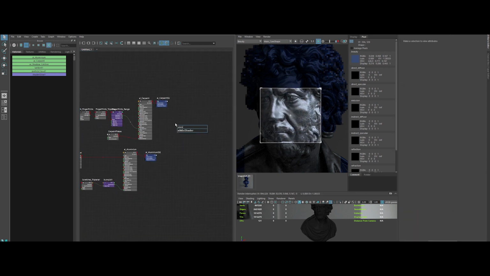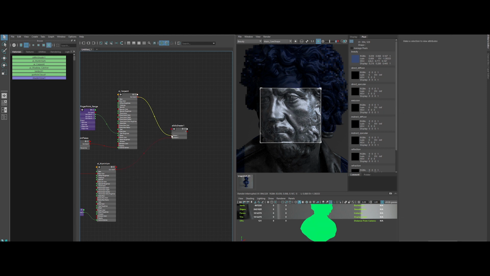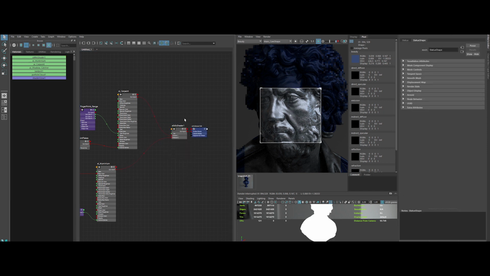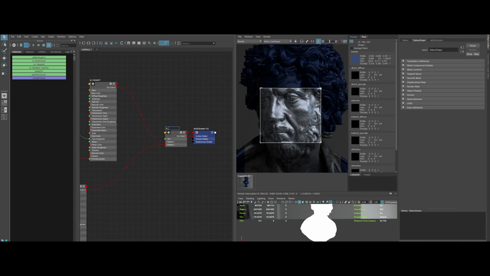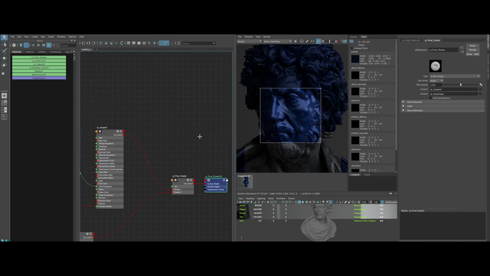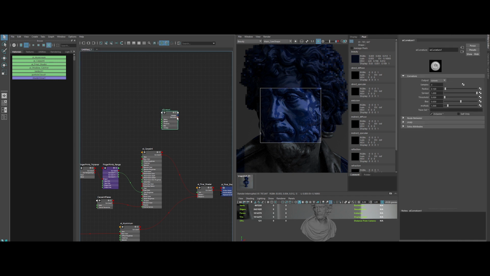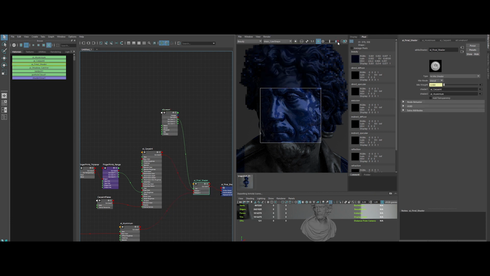Okay, now it's time to blend the two shaders together. So I create an AI Mix shader node, put the top layer in input 1 and the bottom layer in input 2. I'm renaming the nodes. Okay, now the final step. Let's create a curvature node to reveal the underneath metal. I take the AI curvature output green channel and I input it in the mix input of the mix shader.